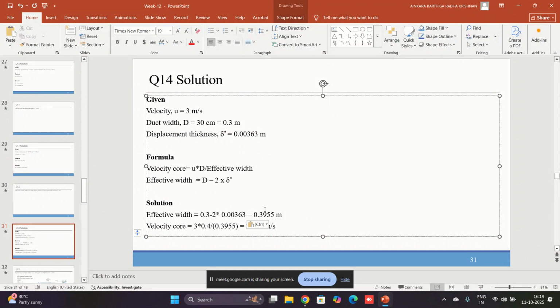So it is 2 into 0.00363, 0.3 minus this one, so 0.29274